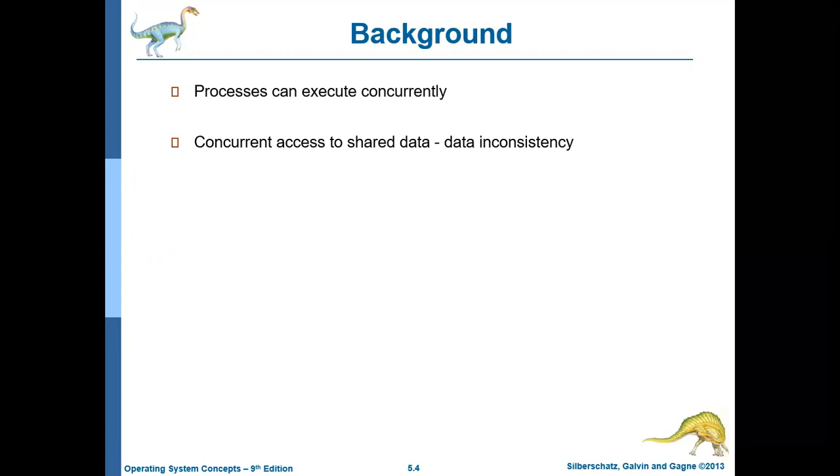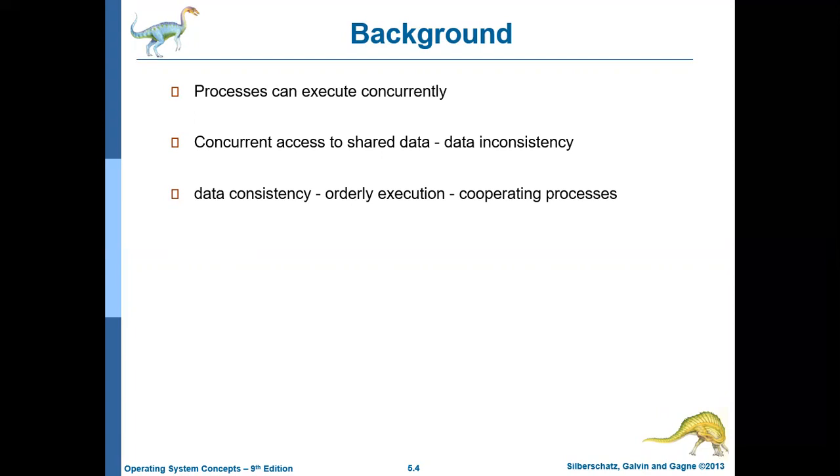So when there are concurrent or cooperative processes running in the system, and if these processes are sharing a common data item, then the operating system should ensure that these processes execute in a particular order. That is, they should not execute concurrently. They should follow some order. If there are two processes P1 and P2 and they are sharing a common data item K, then these two processes should not execute concurrently. If they execute concurrently, then it will lead to a problem called data inconsistency.